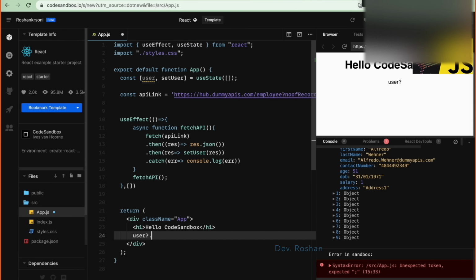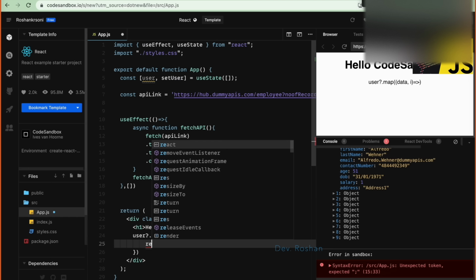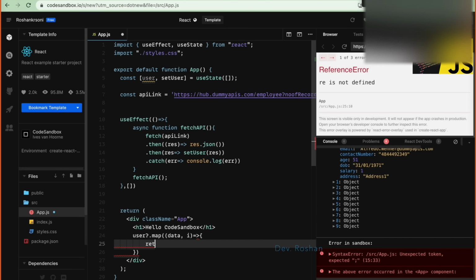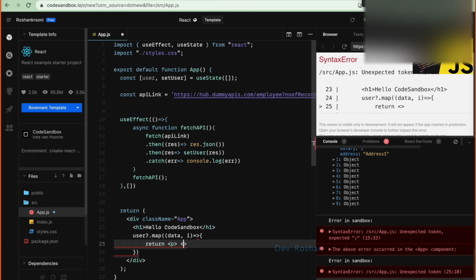So when user has the value, we can use the map function here, and that will have data. And one more thing, I'll be using index for it. Return search and returning an element called